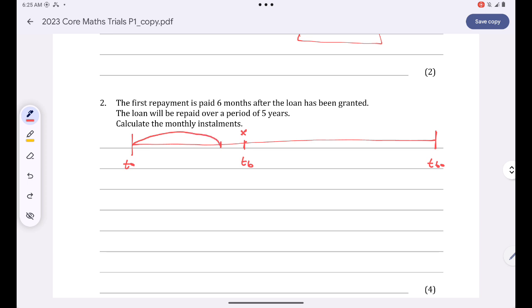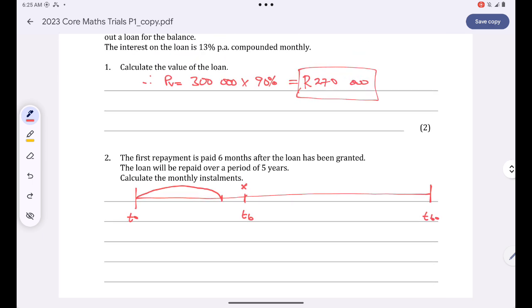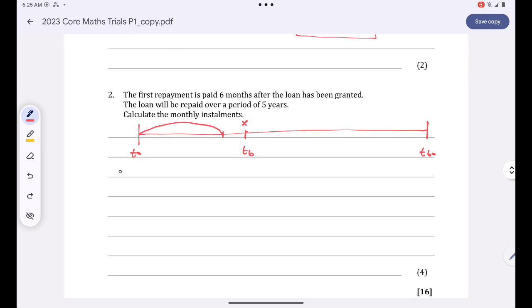Are you together, guys? Why does it accumulate interest? Because, guys, the present value of the loan is always the amount of money you owe the bank just before the first payment. So this person has skipped the first 5 months, but decides to pay at the end of the 6th month. So for the first 5 months, guys, this value of the loan was just accumulating interest. Are you together? So this is no longer the present value. It was going to be the present value if Thandeka decided to pay just 1 month after the loan was granted. So now the new present value, guys, will simply be